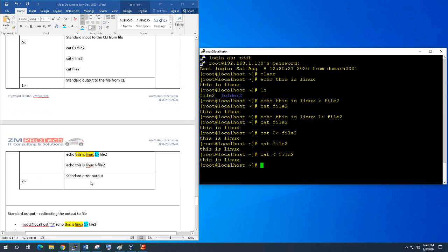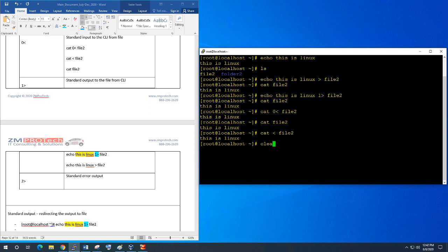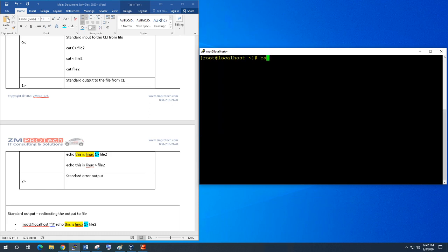But for error, let me clear this. Let me type file x, cat file x. So what is happening here is it's giving you the error: no such file or directory is found. So what you could do is cat file x, and then you could do the